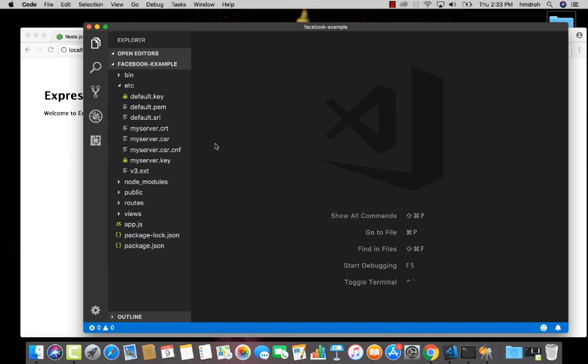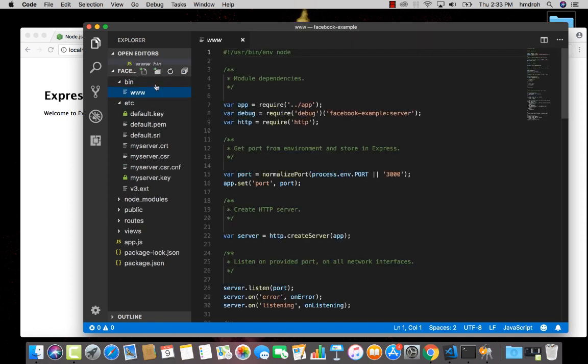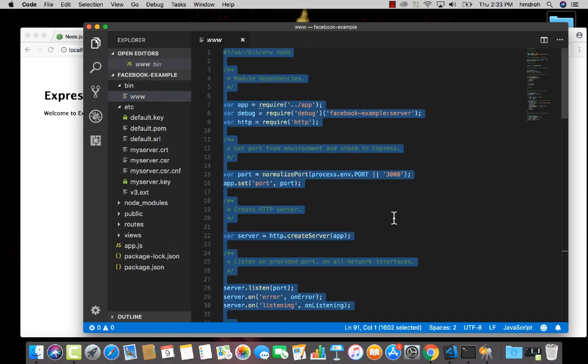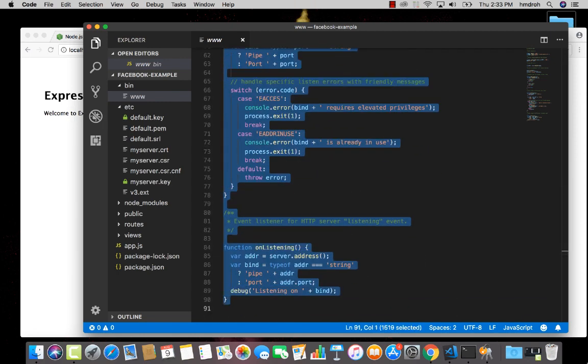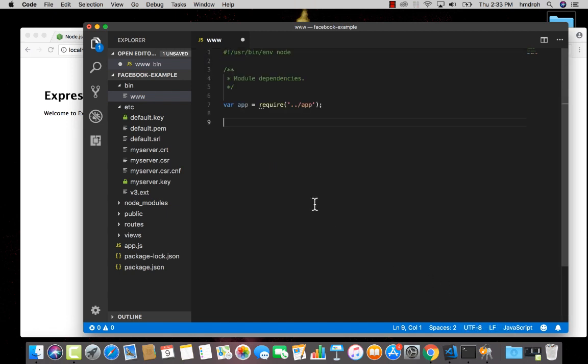So now finally, for testing our project, we're going to go to the bin folder, www folder. I need to remove all of those and add my own code. So I'm going to remove everything after, so I only have app. Then I say var port equal to 3001 for our non-secure, var portHTTPS equal to 3000,